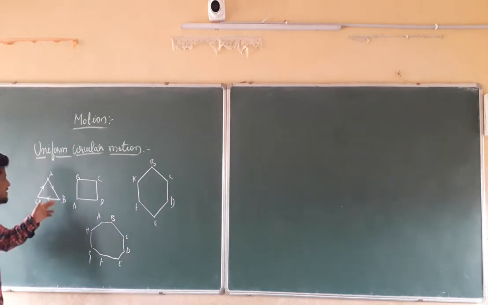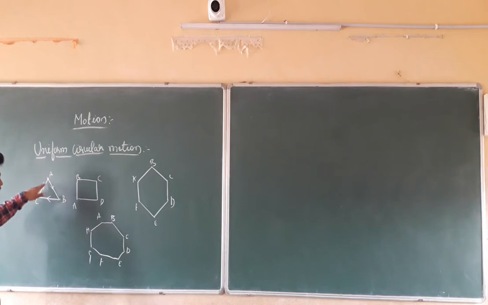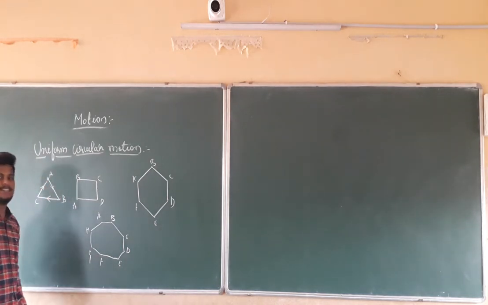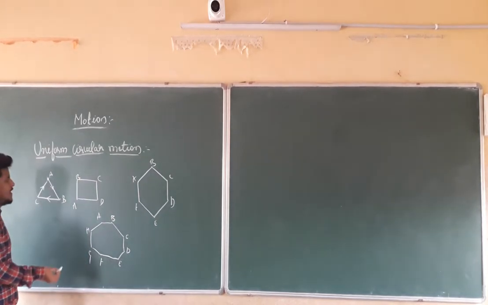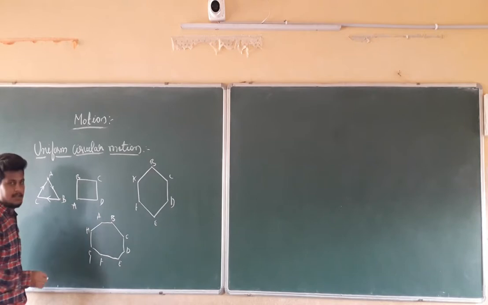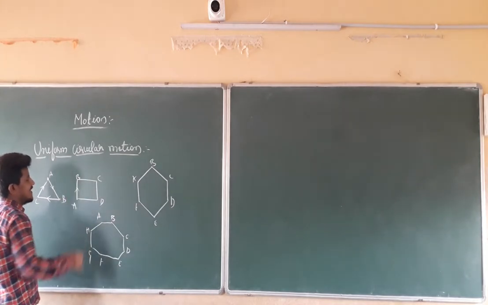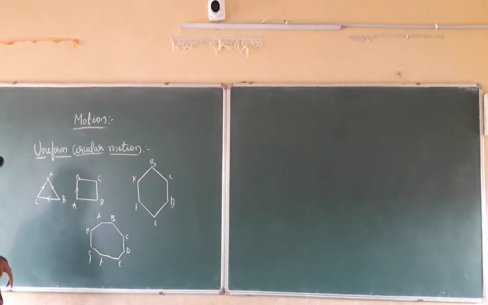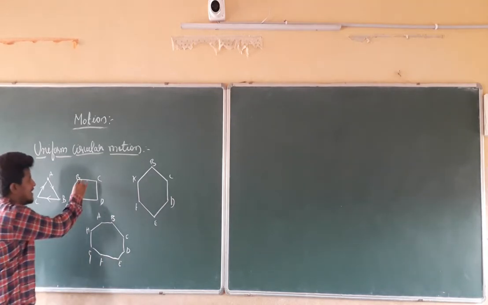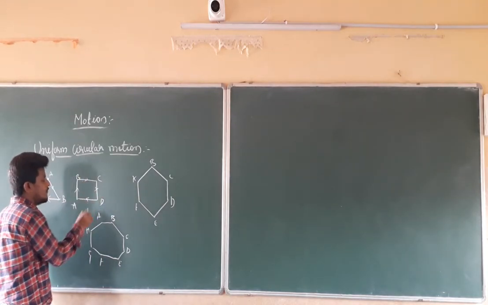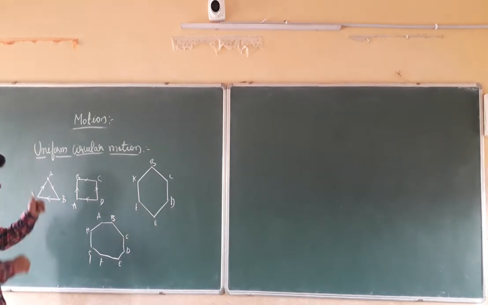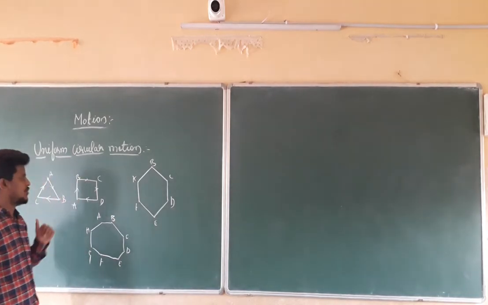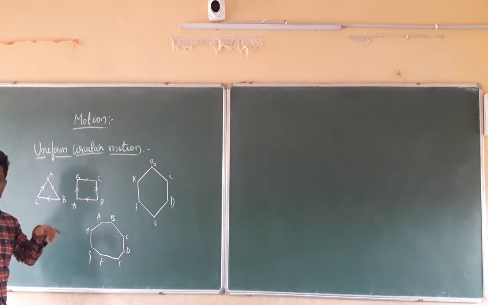No. As the direction of the motion of that athlete changes here, he is going to change his speed at the point where the direction changes. In the same manner, with the rectangle, he is going to change direction 4 times. Here he is going to change direction 3 times. So the speed is constant only, but at the position of the change of direction, the speed is going to get reduced.